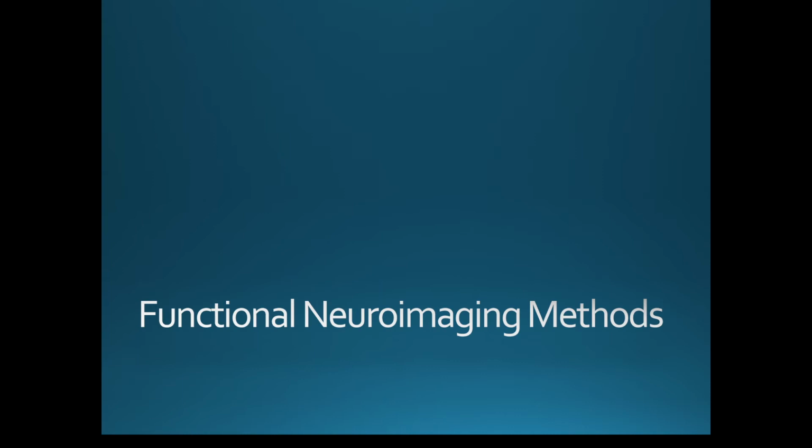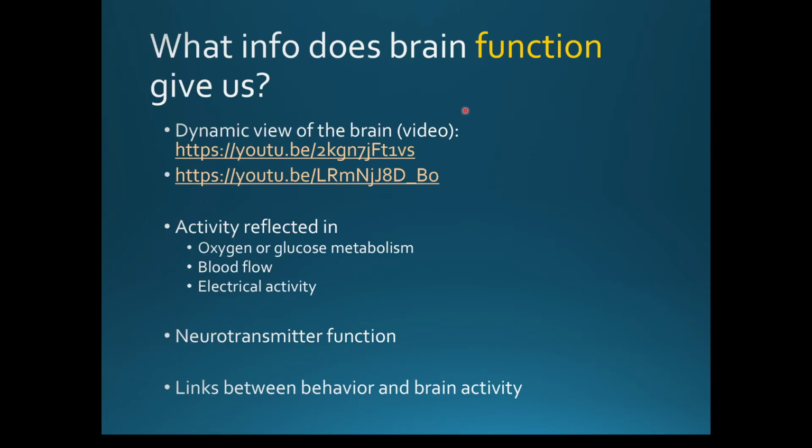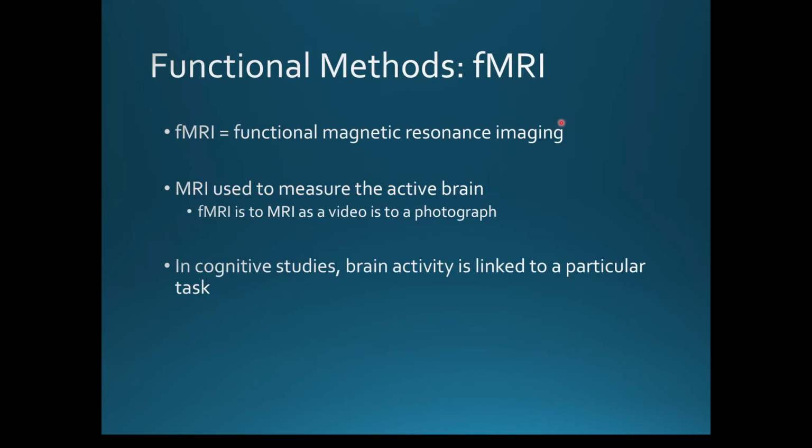Now we're going to briefly cover functional methods. Videos you can watch. We won't watch them, but again, this is a dynamic view of the brain, and we can track activity by tracking oxygen or glucose metabolism, blood flow, electrical activity, and the assumption is that this is reflecting actual brain activity, and hopefully we can link some behavior to this activity of the brain. So fMRI, functional magnetic resonance imaging, this is more of the video of the brain, and we can use this to link